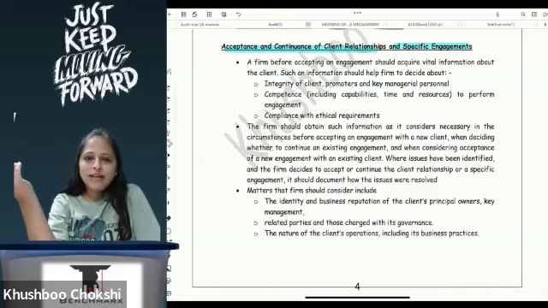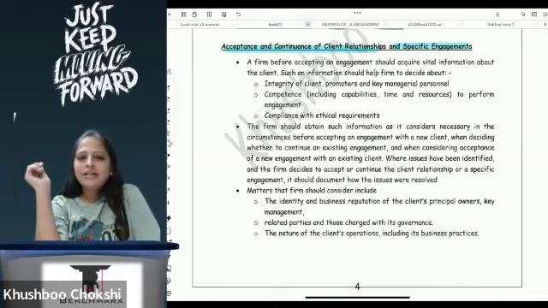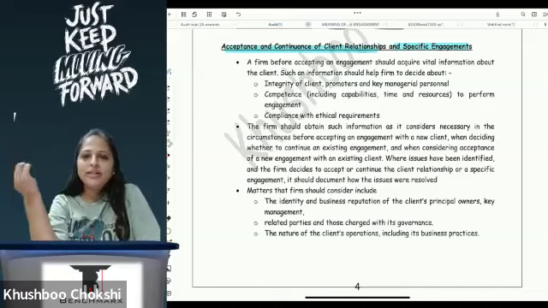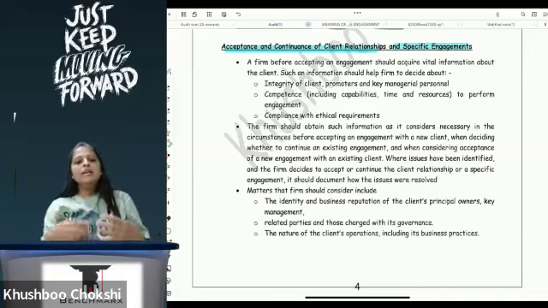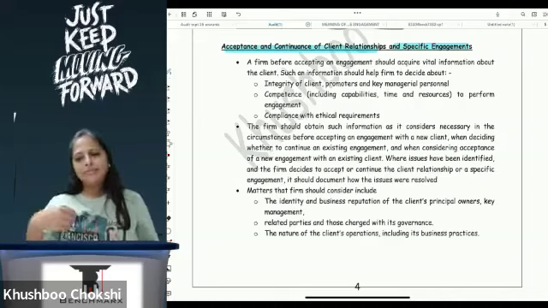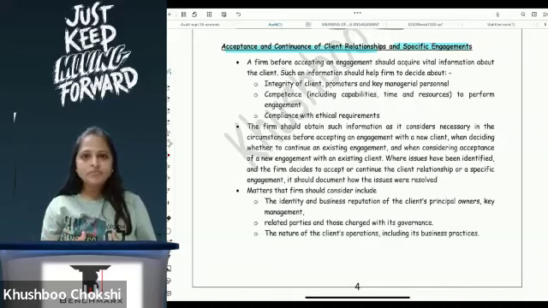Ideologies also should match, right? Like, okay, it's wrong, just pay money and get it done, but I don't want to pay money. Like a big four will never go and say, okay, you take this money and you give a favorable order. Big four will never ever do that. So if the client is of the view that if something is not working out, you pay the money and it's done, then that is something that a big four is not going to accept, correct? But a mid-sized firm who is okay with such a thing, he may accept it.